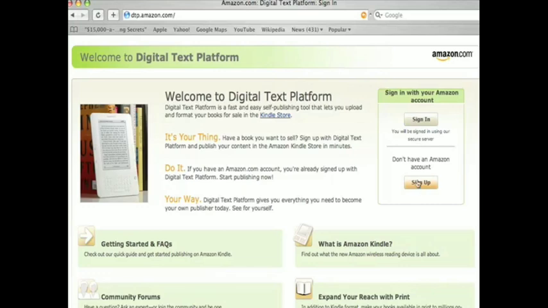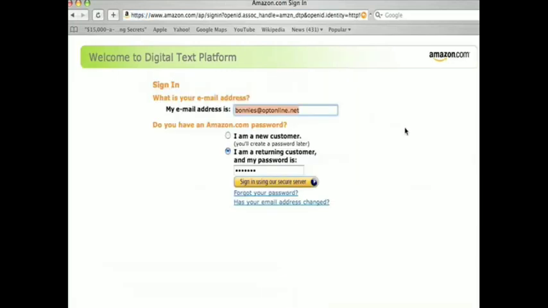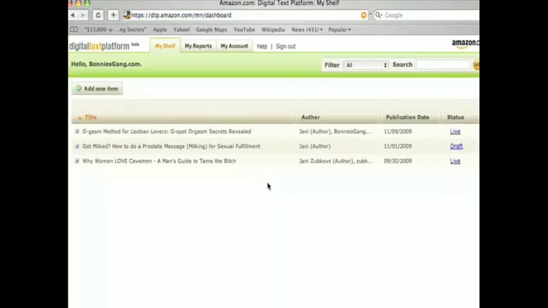Other than that, click on sign up. I'm going to go ahead and sign in on my existing username that I have. You would click on I am a new customer. I'm going to log into my Kindle account right here. And you'll want to go, you got my shelf, my reports, my account. Go to my account first